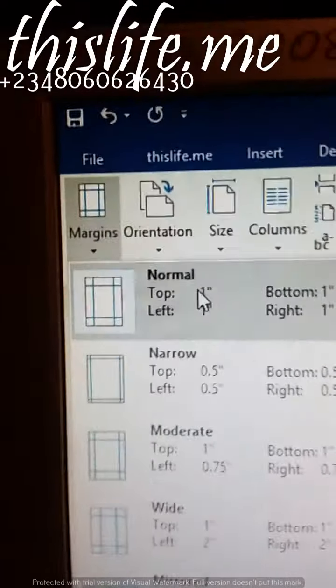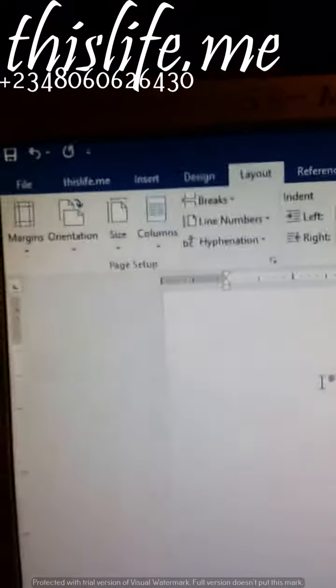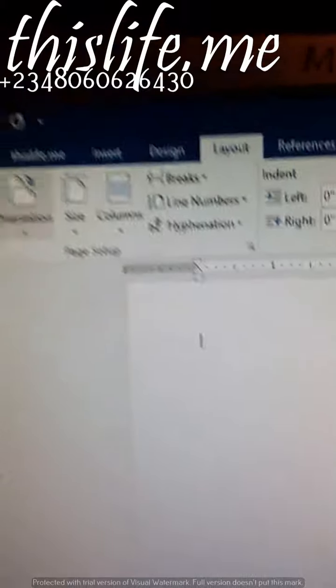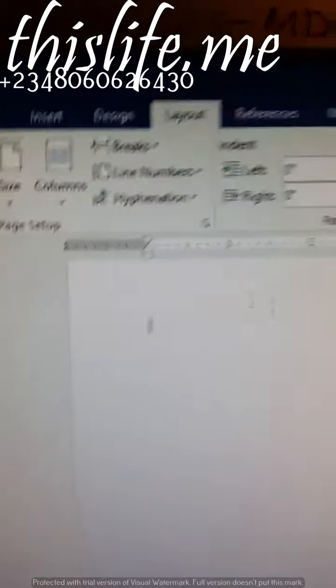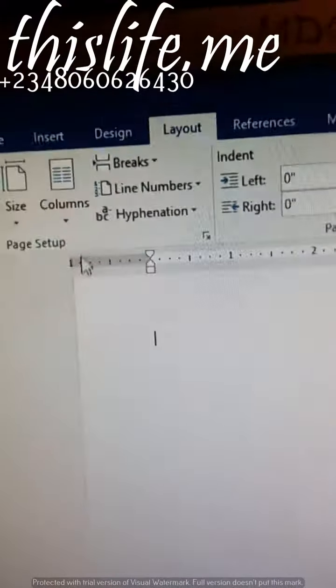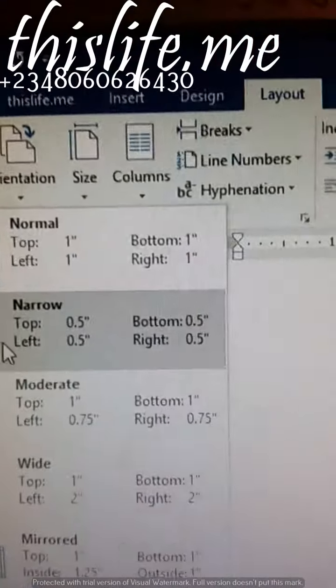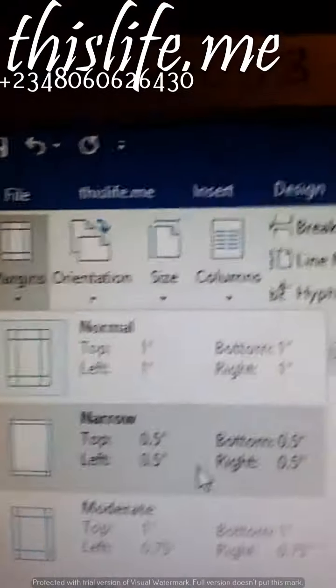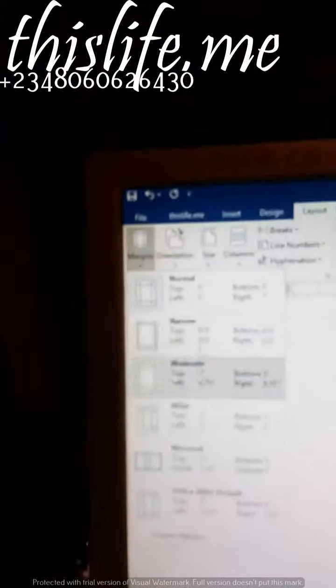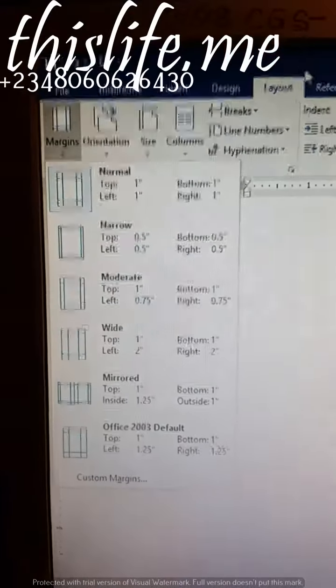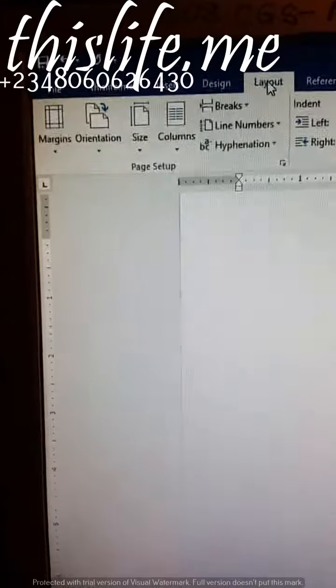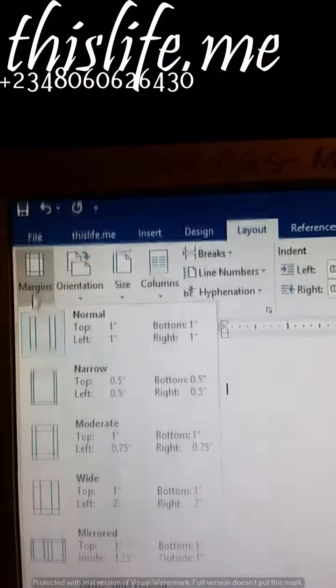In most cases it's Normal, unless in this particular job you are managing space or trying to reduce space. Then you click on Narrow margin, which is 0.5. Let me recap: Layout tab, Page Setup group, Margins.